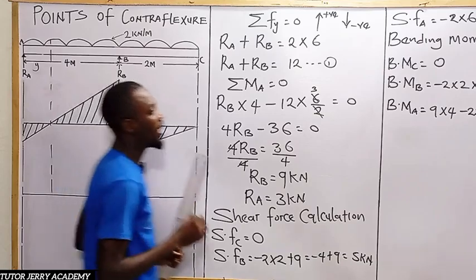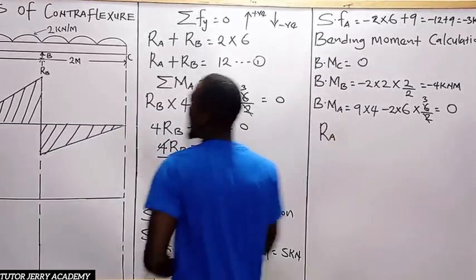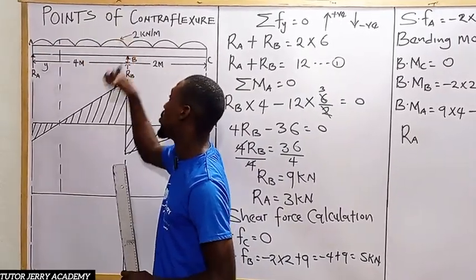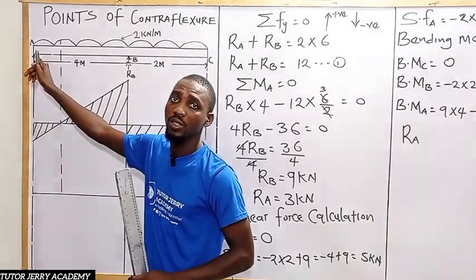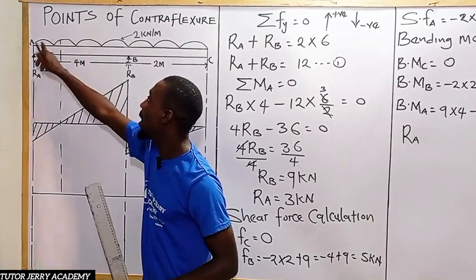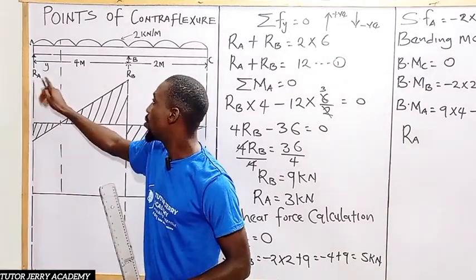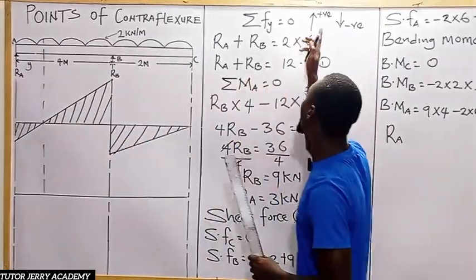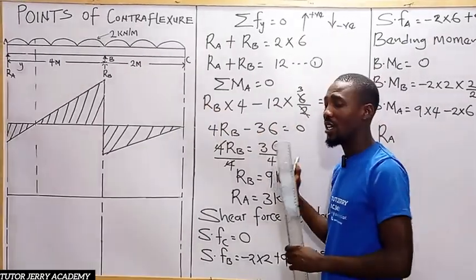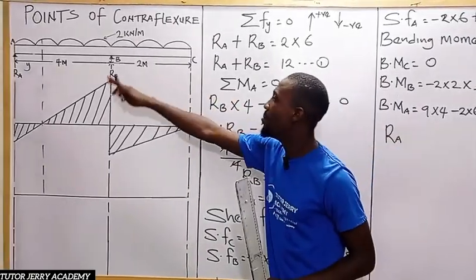So here we are going to have reaction A, the reaction at A. Then this uniform distributed load, which has a weight of 2, we are going to convert it to a point load. For us to do that, we multiply the weight by the total distance, which is y. And don't forget, we have named our coordinate upward force positive, downward force negative. That is why our reaction A is positive. So now it's going to be minus